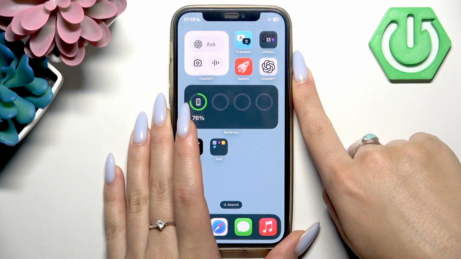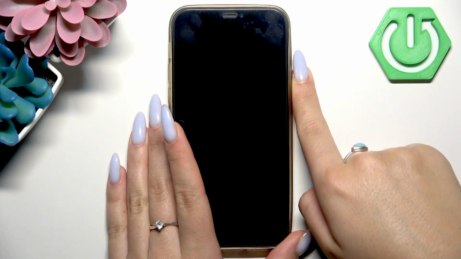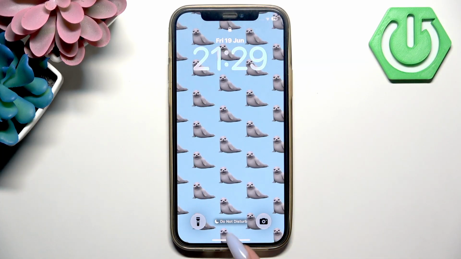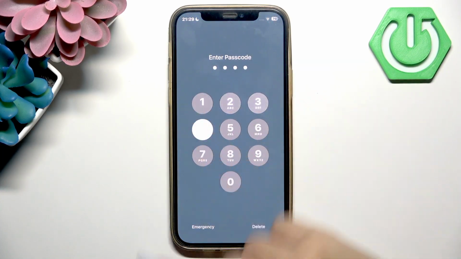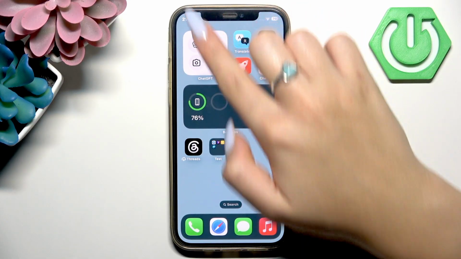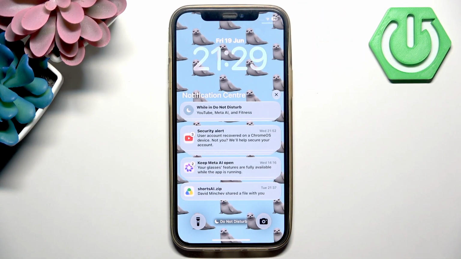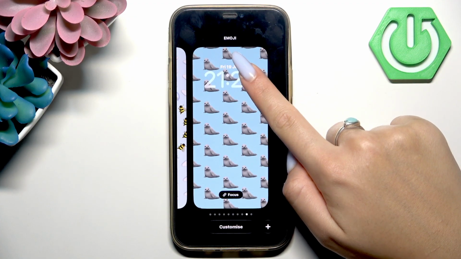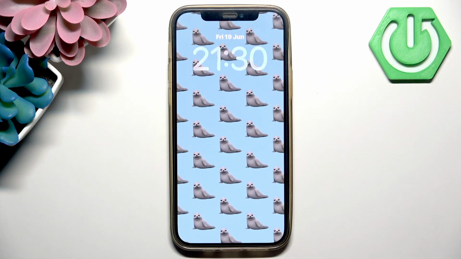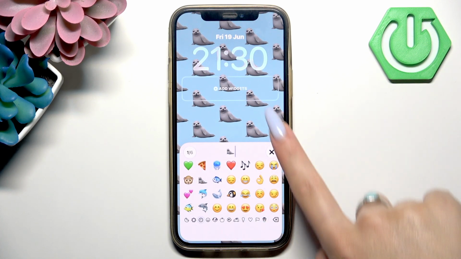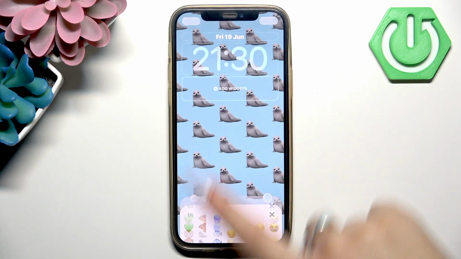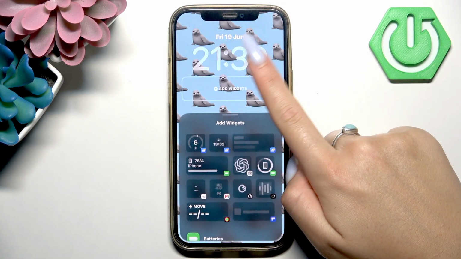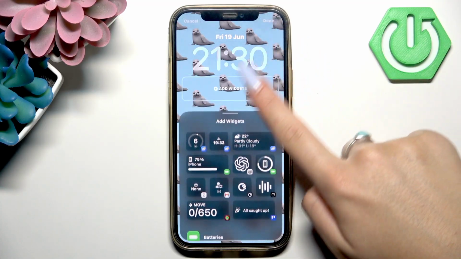Now, after this, how to add ChatGPT widget to your lock screen, you want to swipe down to see your lock screen, and now long press any empty area, and let's press Customize button. So here you will see button Add Widgets. Let's press it, and now